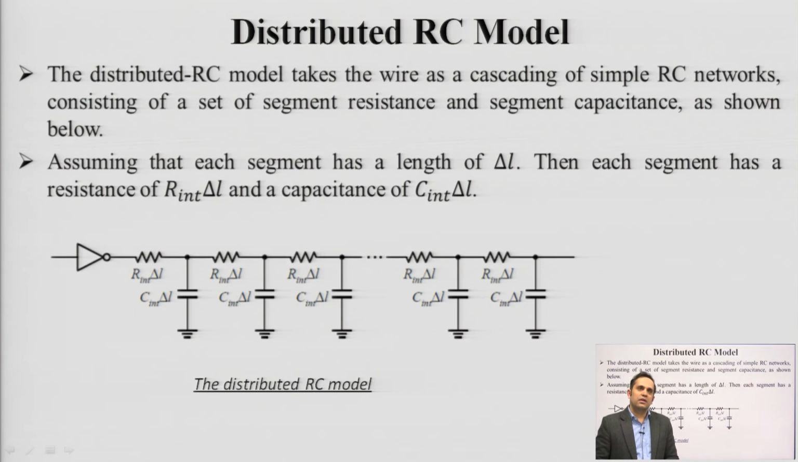The second model is known as the distributed RC model, which basically divides the wire into small segments of resistance and capacitance. If you have a large length of wire, especially for longer wires, the lumped model becomes less accurate. So, you break down the wire into small segments, where each segment has a certain resistance and a certain capacitance, and each segment is connected in series. Suppose each segment has an incremental length of delta L, then each segment would have a resistance of unit resistance multiplied by delta L,